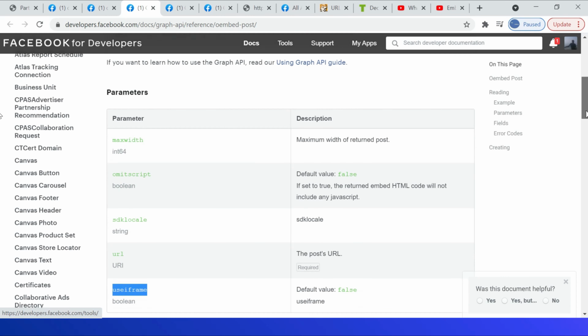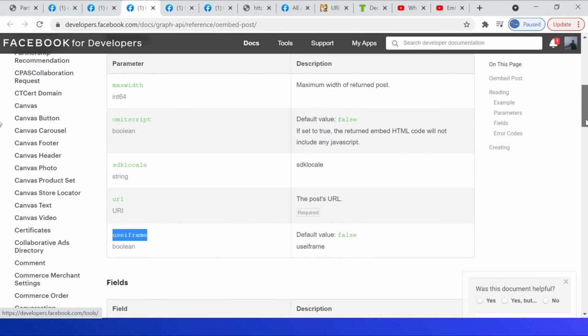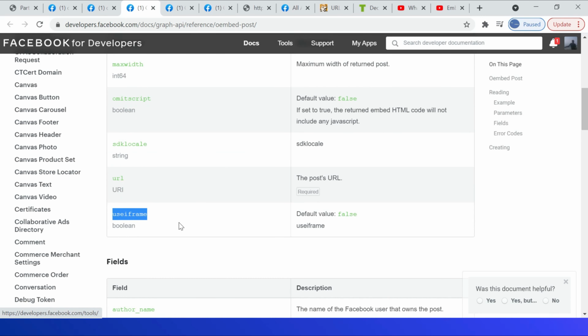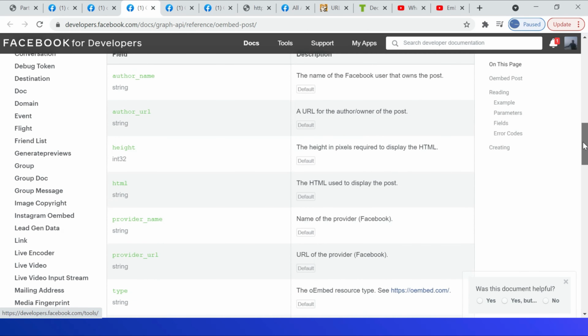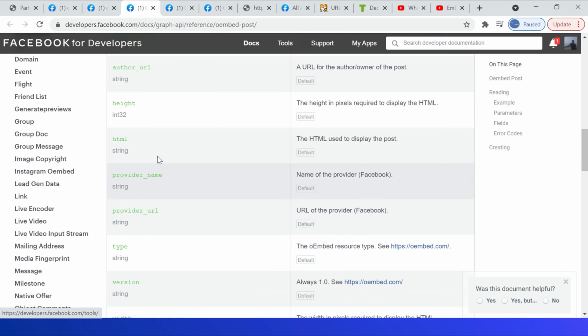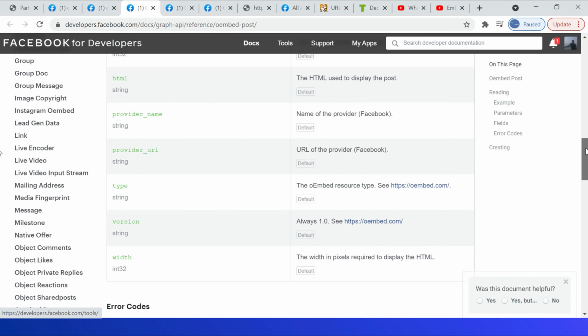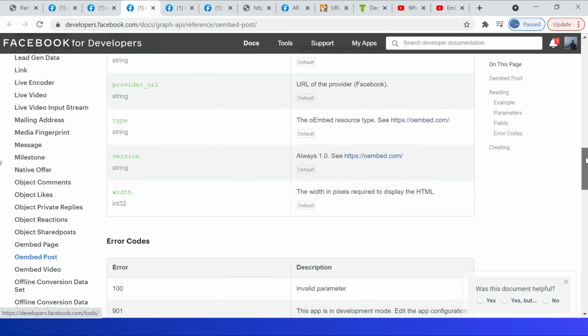Then we can specify the SDK locale, then URL, the post URL, then use iframe if you want the response in iframe. Then the response attributes: author name, author URL, height, HTML. This is the embed HTML. Then provider name, provider URL, type, version and width.